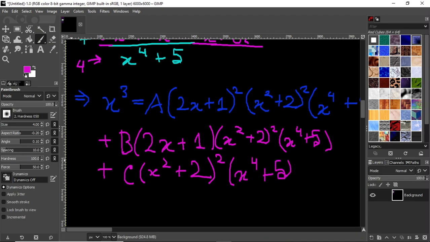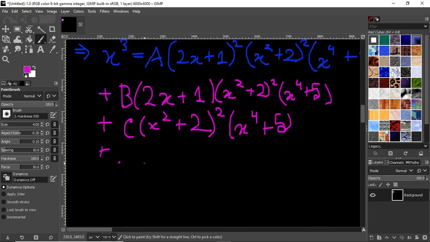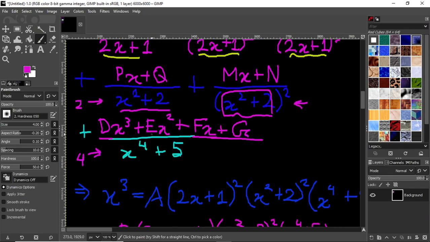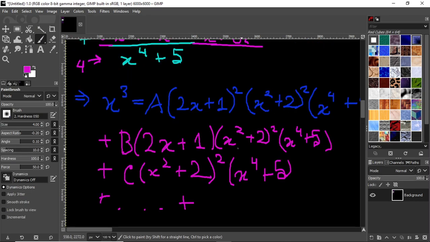So basically you do this for all the fractions. I think you get the idea. At the end you're going to get, the last one is going to be, yeah, this is going to be long to write, but anyways, you multiply all this out, and then